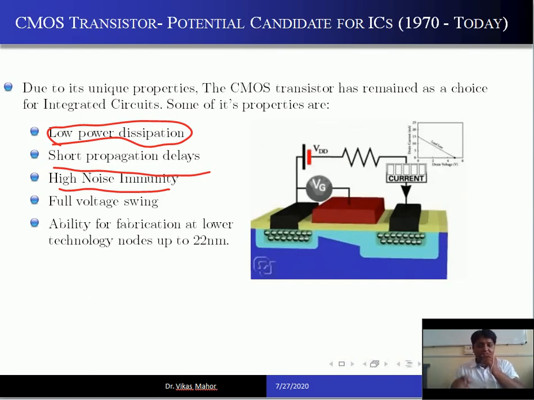What happens, the input gate voltage, I'll let you know what is gate, source and drain. I'll again revise in today's class, but let me make it very clear what is noise immunity. The input voltage which is applied at the gate of either NMOS or PMOS, they have some threshold that after this voltage, see, if you are applying the voltage 0, 0.1, 0.2, 0.3, 0.5, so there is some threshold that after this voltage the CMOS will become on or the CMOS will become off. There is some threshold.